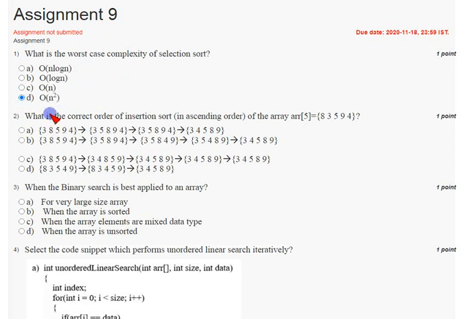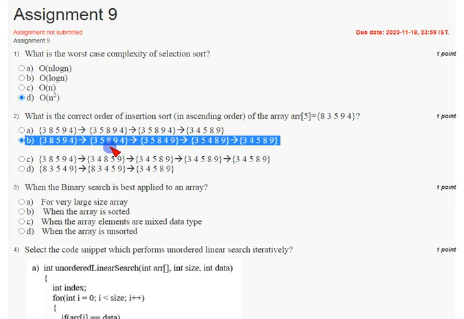And coming to the second question, what is the correct order of insertion sort in ascending order? This is important. Ascending order for the array 83594. It is the array size and these are the array elements. The array name is ARR. So the correct answer for this is option B. So mark option B as the correct answer for